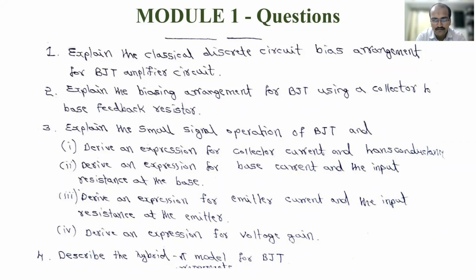After that we took biasing in MOSFET amplifier circuits. There were 2 practical circuits, and one more was this one, the gate to drain feedback resistor. All these biasing circuits we discussed with problems. Then we took the MOSFET small signal operation. We started yesterday, right? And then we saw the model. The model is also called the hybrid pi model. That we discussed and we saw the problem.